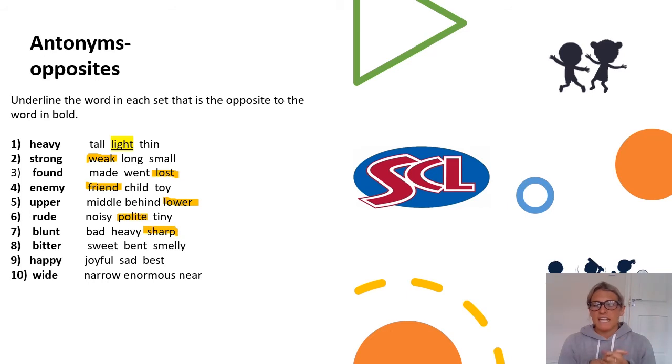Bitter. If something tasted quite bitter, what would be the opposite? I'm sure we all love these. Sweet. Nice. We are doing so good. We've got 2 left, everyone. If I was really happy, the opposite is sad. Yeah, good. Last one, guys. If something was really wide, what would be the opposite? Good. Brilliant. So the word used for that would be narrow.